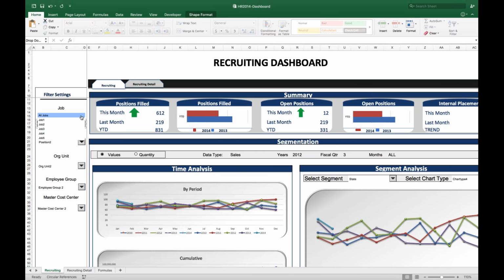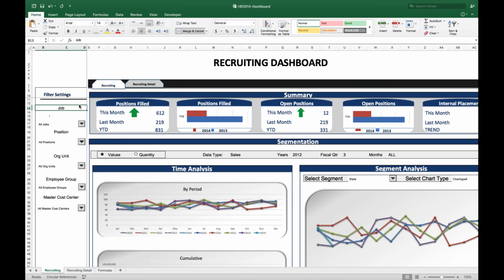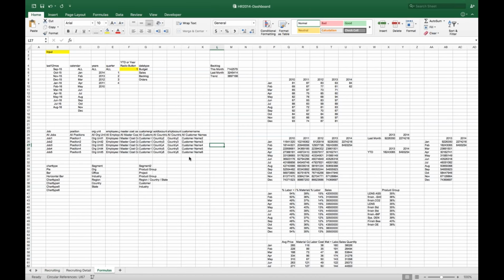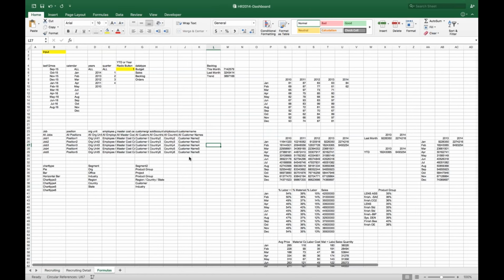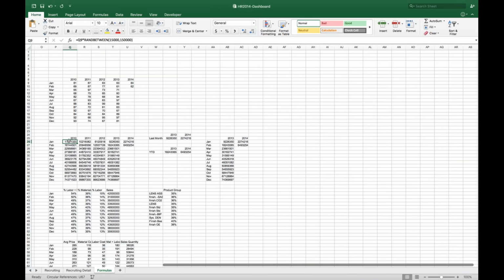So how that's done is through RANDBETWEEN. So you'll see I have a few other formulas here. I have another tab here for formulas where, from the previous step, I have the query mockup. I have the data that's available here. I have some data that assists me in prototyping. And you'll notice in several of these, there are RANDBETWEEN functions.